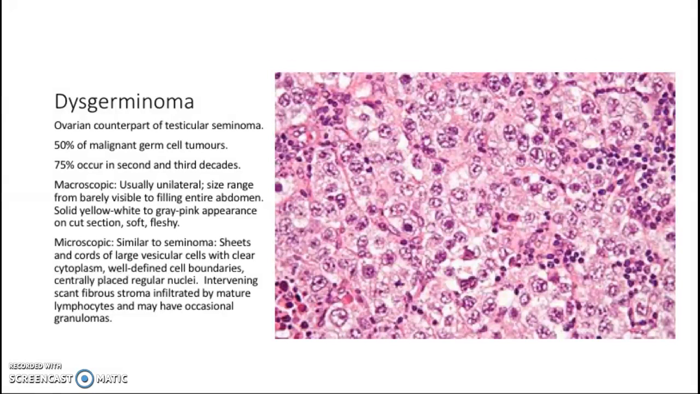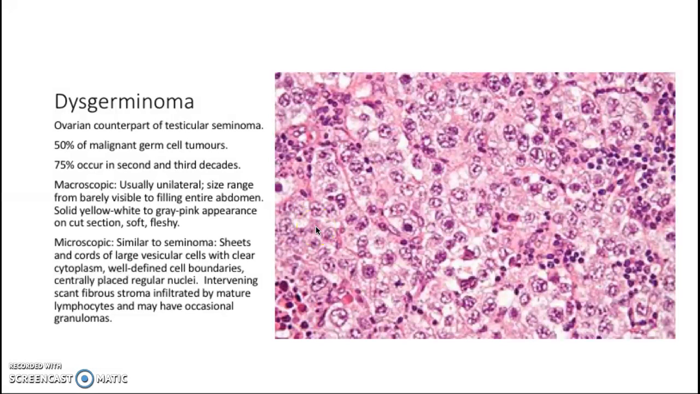It's sheets or cords of large vesicular cells. These are the vesicular nuclei here with clear cytoplasm. There is some clear cytoplasm here, but some of it is more eosinophilic. There will be centrally placed nuclei. If you can imagine like this, it has a centrally placed nucleus within the cytoplasm, and there's intervening